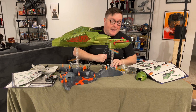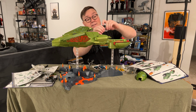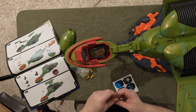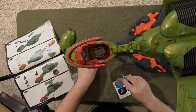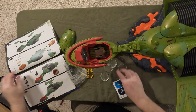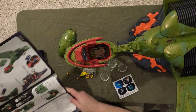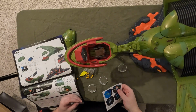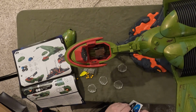Perfect. Okay. Now, like I said, these are screens. And these two little pieces, when you slide them in, hit one of these switches in a certain sequence. So you can see that's got 2, that's got 1, that's got 2 over there, and then this has 3. So you get responses. So basically, 1 is Grissom, the USS Grissom. So we'll put that here. We'll stick that on there, and